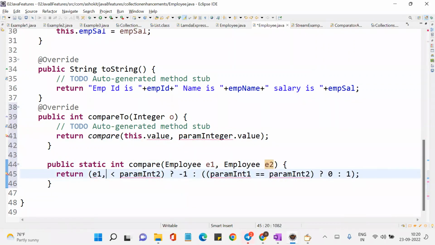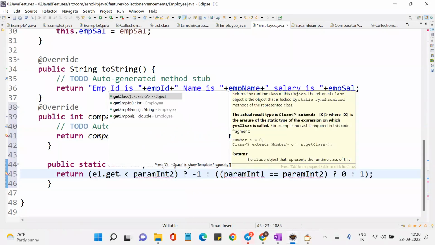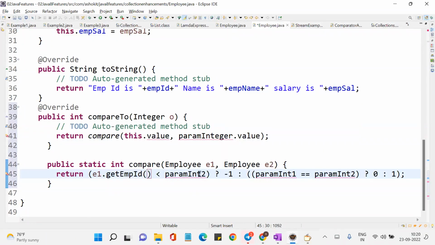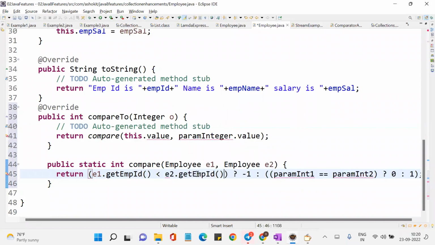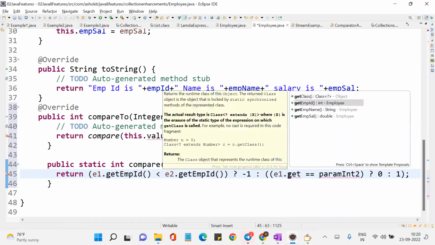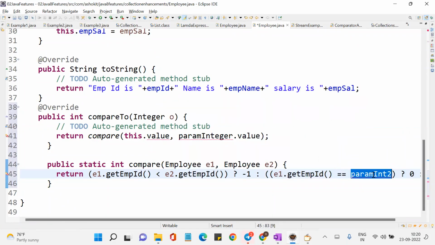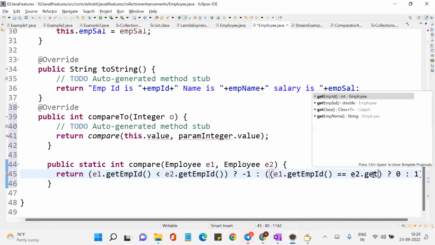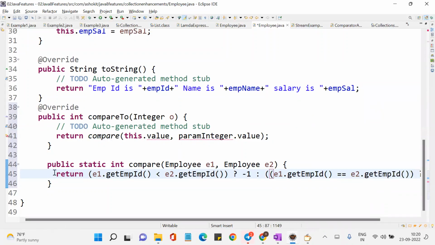E1 dot get employee ID. Now E2 dot get employee ID. Now here also E1 dot get employee ID. Here also E2 dot get employee ID. Okay. Done. Now I can directly put this logic here, or else this dot